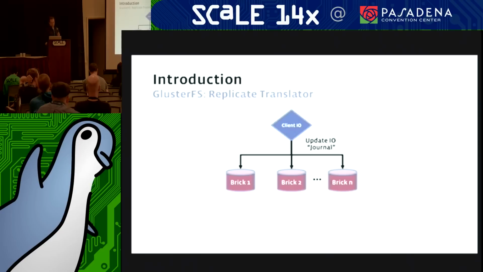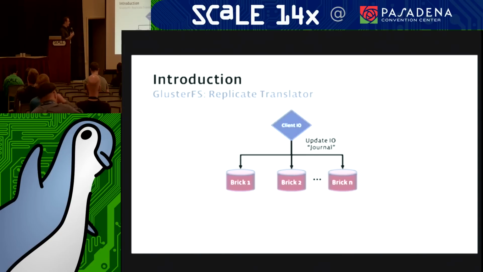So, the replication translator, we'll start off with this first. Effectively how it works is you've got a client that's doing I/O. It's updating what inside Gluster we call a journal. What it really is, is little entries in extended attributes on individual files. As you write to files, it's effectively just counting how many write operations or metadata operations you're doing